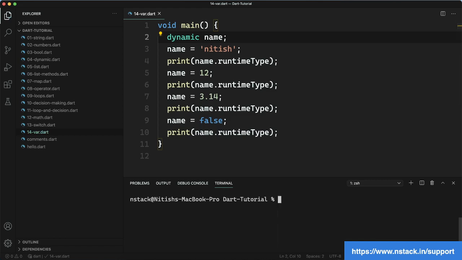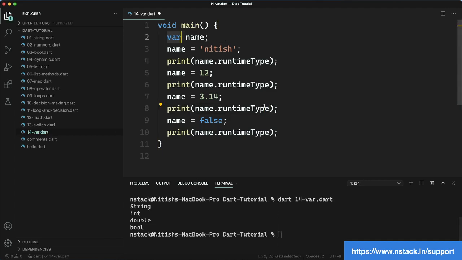So if I will run this by making that dynamic, this is still the same, but then what is the difference between them? So the difference is here. So suppose if I define it, and after defining it, if I give it some initial value like cat, which is a string. So now the data type of name has been string. Like if you will bring the cursor here, you will see that it is written string here.